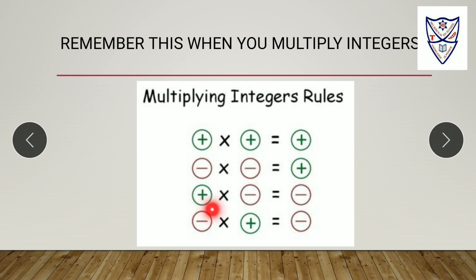Plus multiplied by plus: whenever you multiply two integers, if their sign is plus, you will get a positive answer. If there are two negative integers, you will get plus, that means when you multiply two negative integers you will get a positive value. When you multiply one positive and one negative, you will get a negative value, and when you multiply one negative and one positive, you will get a negative value. Now how do you remember this? Plus plus plus, minus minus plus, plus minus minus, minus plus minus. That means if there are two plus signs, it will be plus. If between any two integers there is one negative sign, it will be minus, and if two negative signs, there will be plus. That way also you can remember.